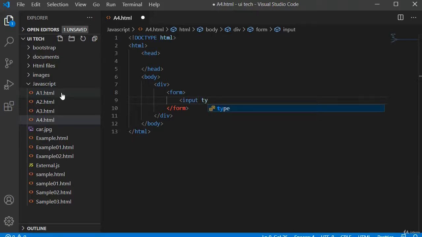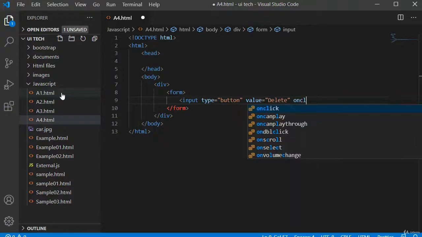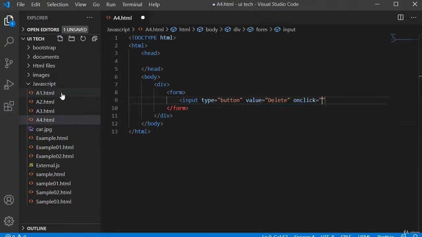as type button. I will give a value as delete. Then I will use an event called onClick event. In this event, I will call my predefined function which I have written in my script tag. Go to head section.